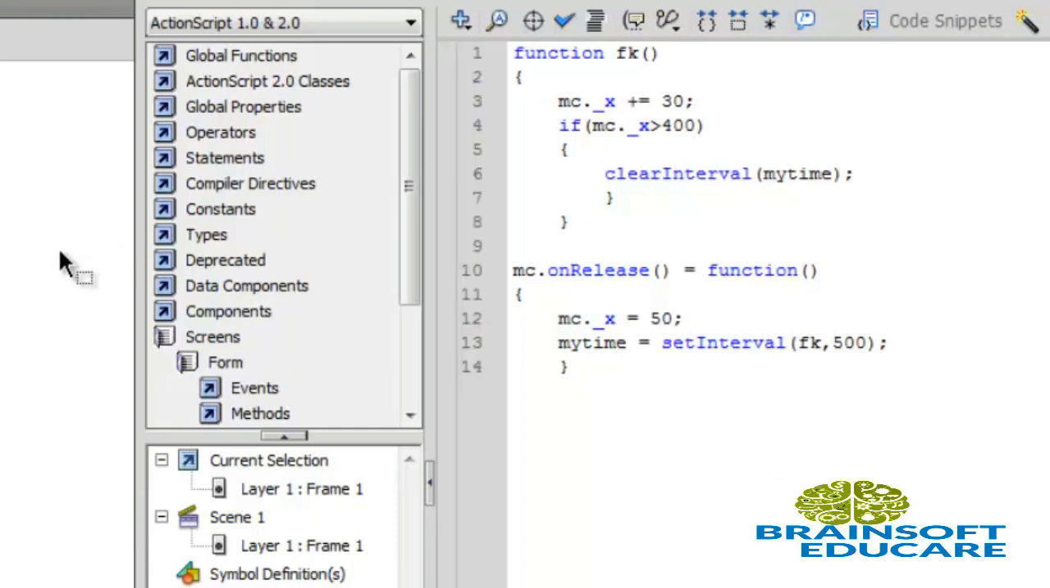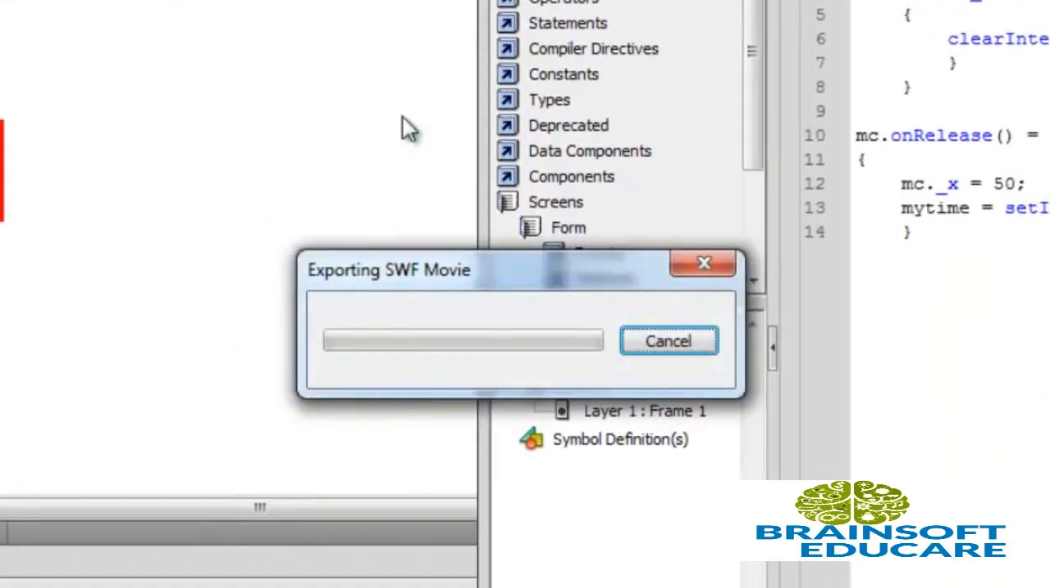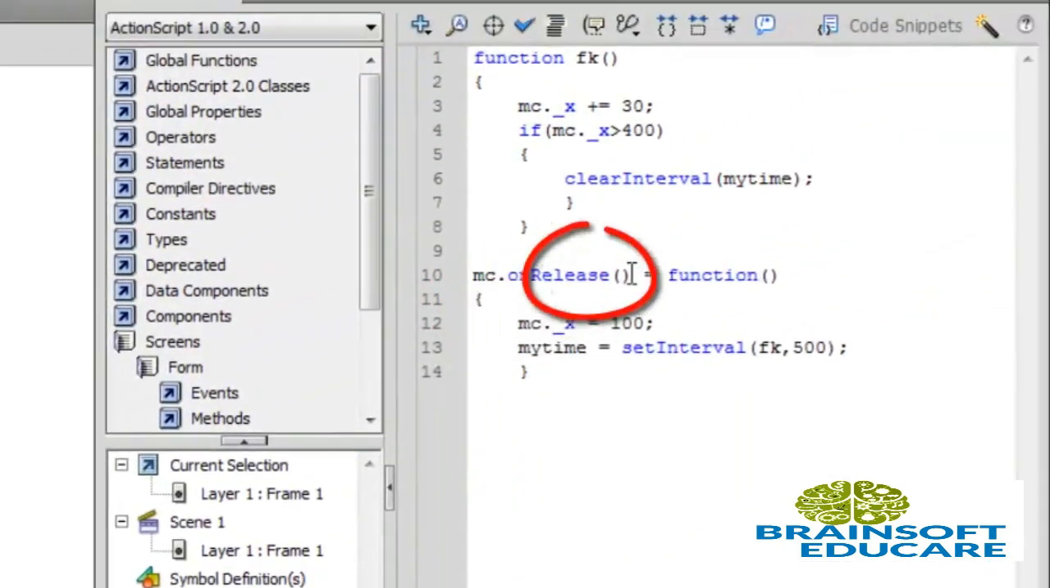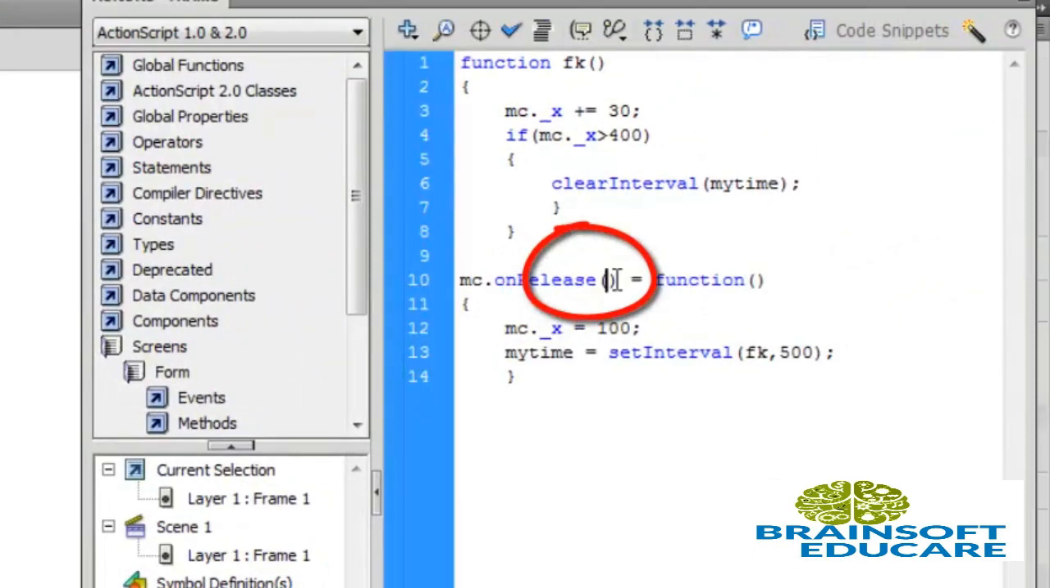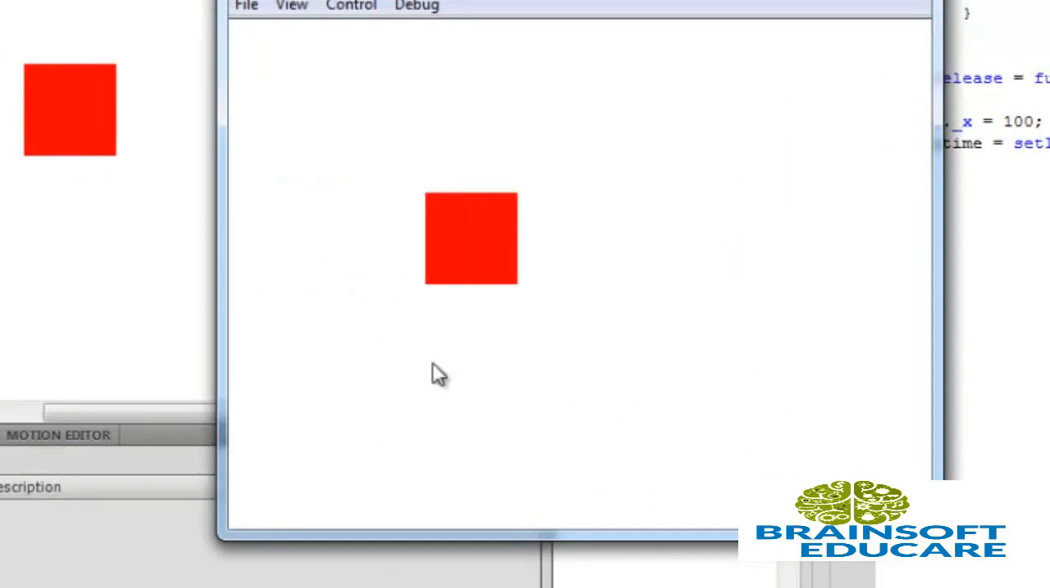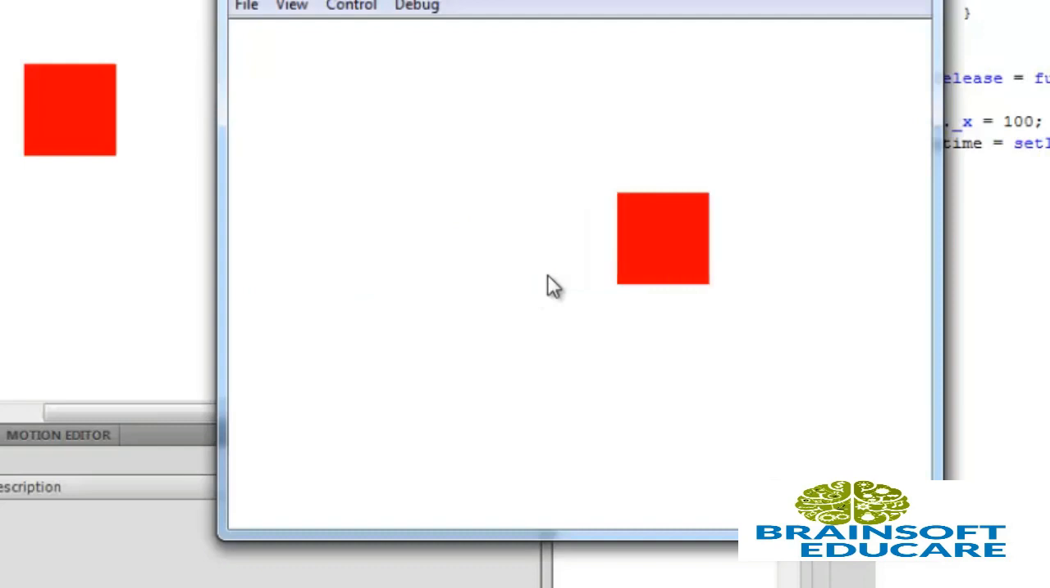let's test the movie. Press Ctrl Enter for testing. Actually I did a mistake here. We can write like this only, mc.onRelease is equal to this function. Okay, now let's check the movie. Click on it. Yeah, it's moving with interval. Okay,